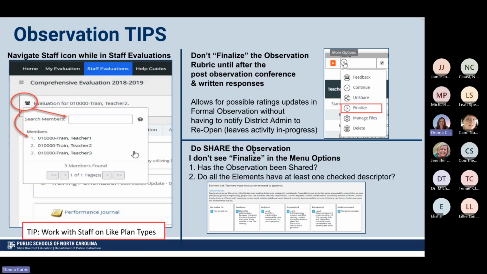So, observation tips as you are in the system and working with your staff. When you are in the evaluation, if you've never clicked on the little head and shoulders icon, click on that head and shoulders, and it's going to open up everyone in a list who was in that plan type that you were on. So it's going to save you some